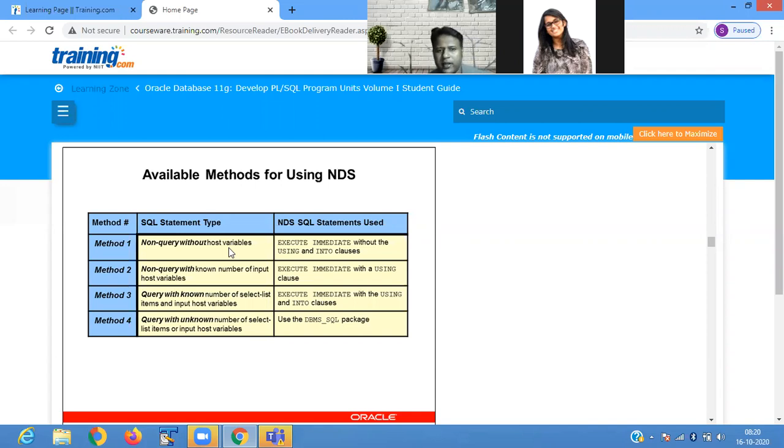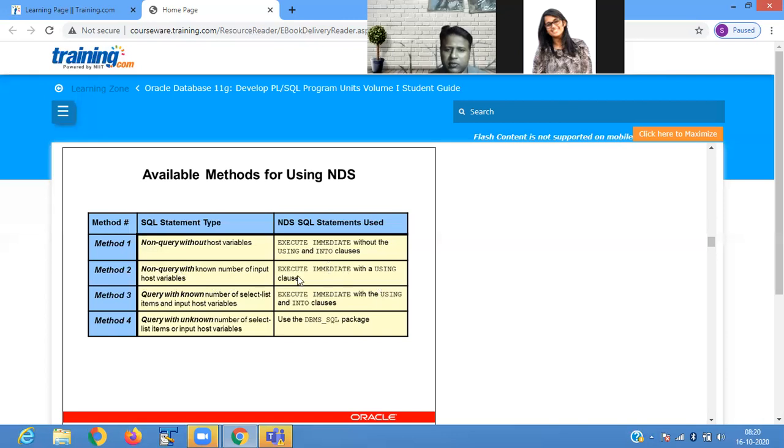Here we are not defining any host variable in the SQL statement. In an NDS SQL statement, you can use execute immediate without an into clause, so you are not storing the value in a variable. We are not using the using clause or the into clause. Method 2, non-query with a known number of input host variables, so you know how many variables you have to take.